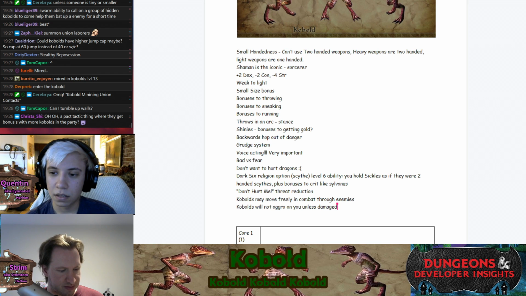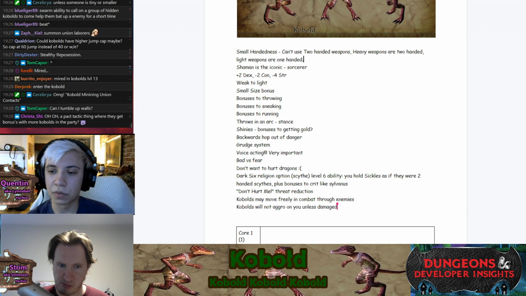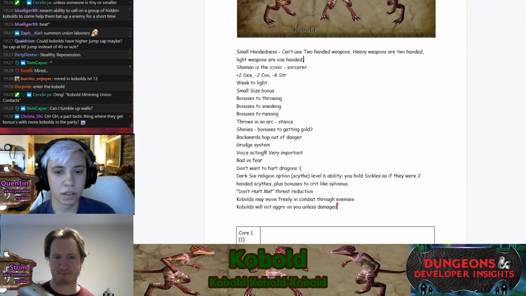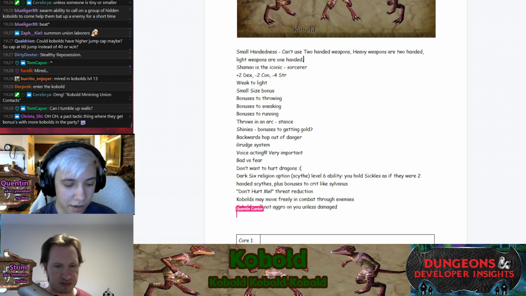Trying to think what else would be good. Other good kobold abilities: Pack Tactics. They get bonuses for other kobolds in the party. That makes sense. I don't know if we're going to be able to fit that in, but